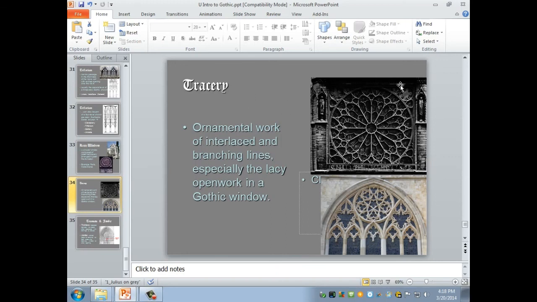And then of course up above you have the arch of the tympanum, and many archivolts, forming a very deep framework all around it. And very often those door jambs are decorated with statuary. And we'll see the evolution of the Gothic figures on the door jambs as we explore the Gothic architecture.